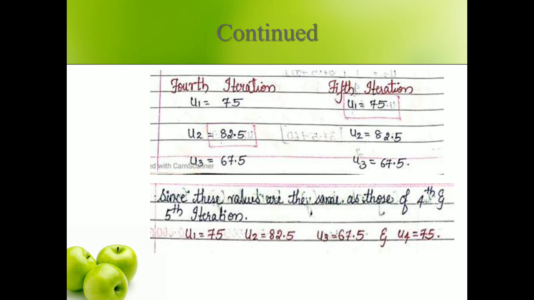So this completes Poisson's equation. There are two problems, very simple, as we have solved by the Gauss-Seidel method and the Gauss elimination method. The same method you need to apply here. The only thing is you need to substitute the i value and j value, then you will arrive at the equations. Use any of the methods to solve for u1, u2, u3, u4 and go for the iteration process. Once you get similar values, you can stop the iteration and say that the values are the same as below. Thank you.